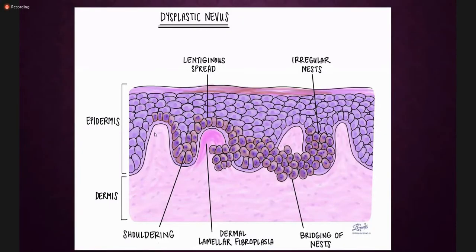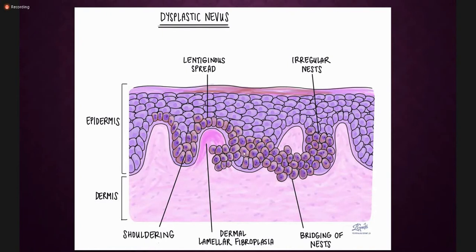So this is how a dysplastic nevus looks. This is epidermis, this is dermis. As you can see, these are the melanocytes at the dermo-epidermal junction or at the basement membrane. You can see there is an increase in the number of the melanocytes. Then what else do you see? You see that these are the rete ridges which are fusing due to these melanocytes. And what else? The melanocytes here also have some nuclear abnormalities. They may have mitosis, they may have enlarged nuclei and prominent nucleoli. So now they have some atypical features as well.